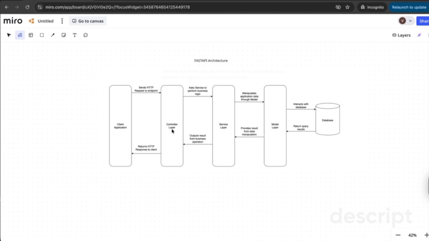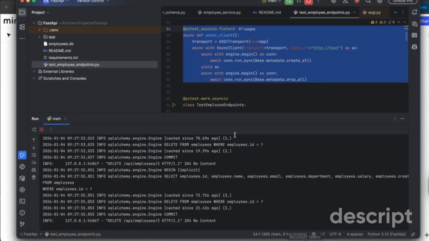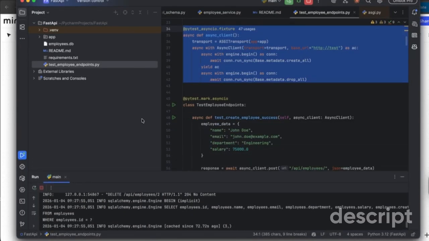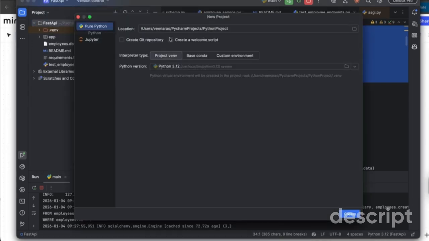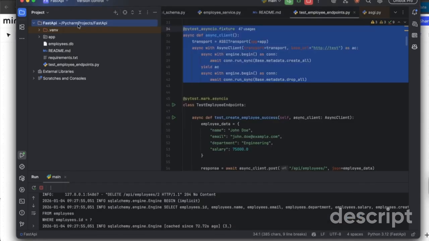Let's understand this through a working example. For this, I have created a simple example. Now, for any Python application that you want to create, we directly come here, do a new project, and then we define a sample project or whatever project name you want. And then you can define the Python version you want to execute, and the Python virtual environment. For any project, you always have to have a virtual environment where all your requirements will be installed. In this example, I already have created the application in order to save time.